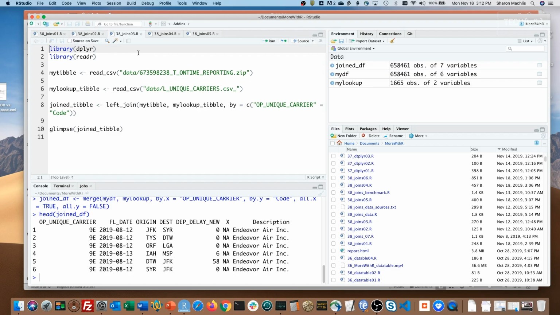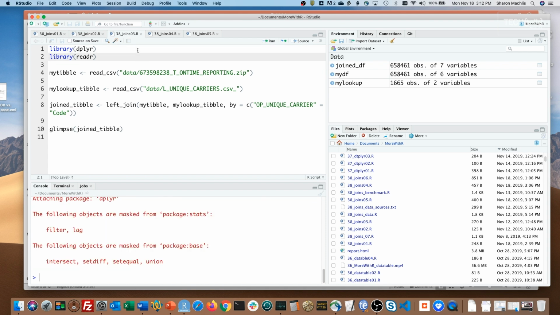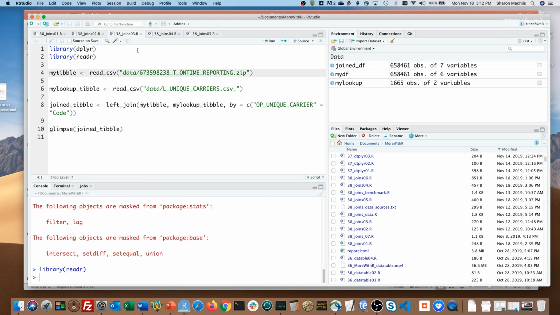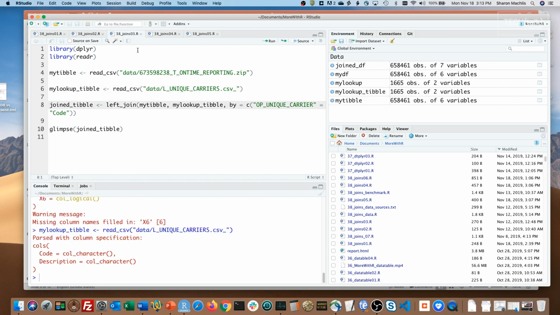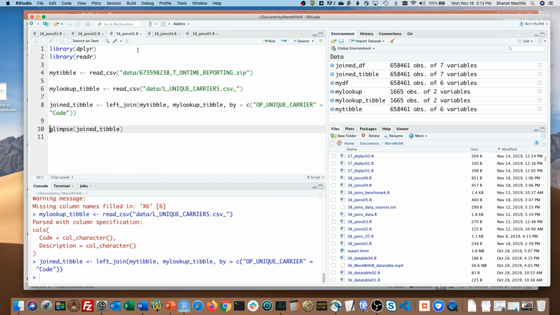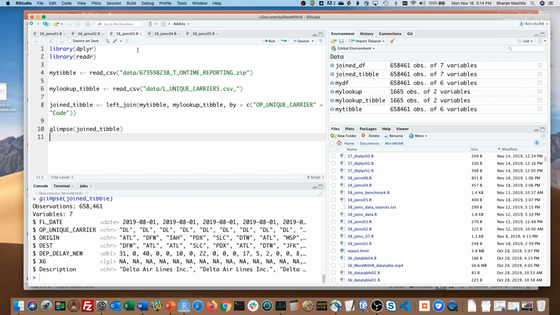So now let's run that in R. Load dplyr, load readr, and then I'll read in the 2 files with read_csv. With read_csv, I don't need to unzip the zipped file first. read_csv creates a tibble, which is a type of data frame with some extra features. Let me run the left join now. And then let's take a glimpse at the result. This joined dataset now has a new column, name, with the name of the airline.